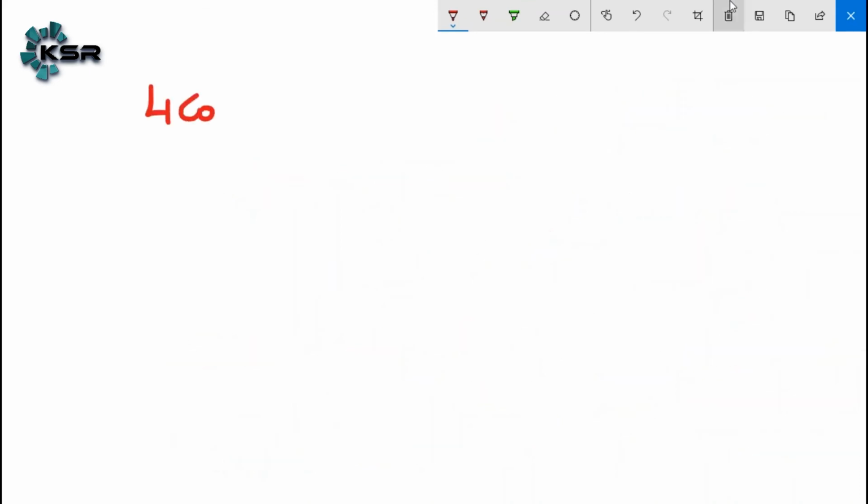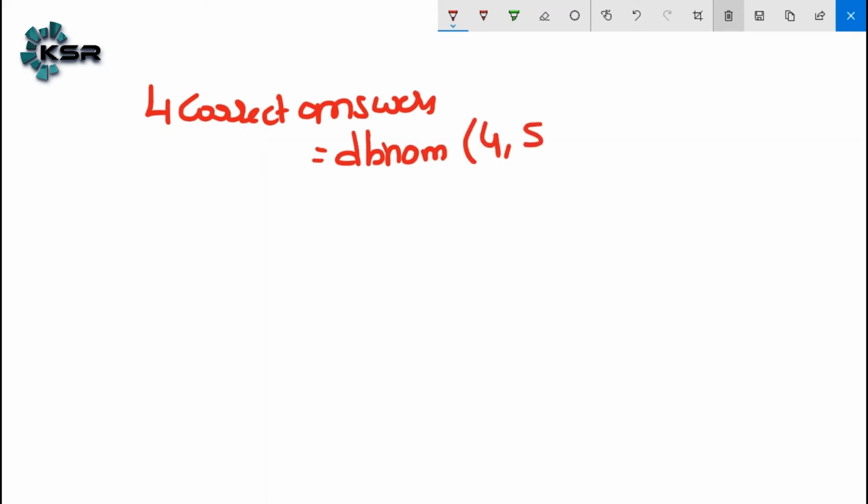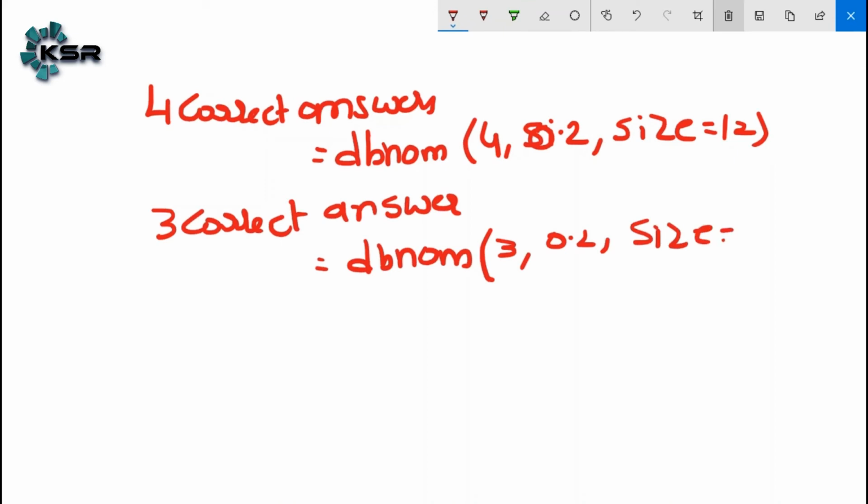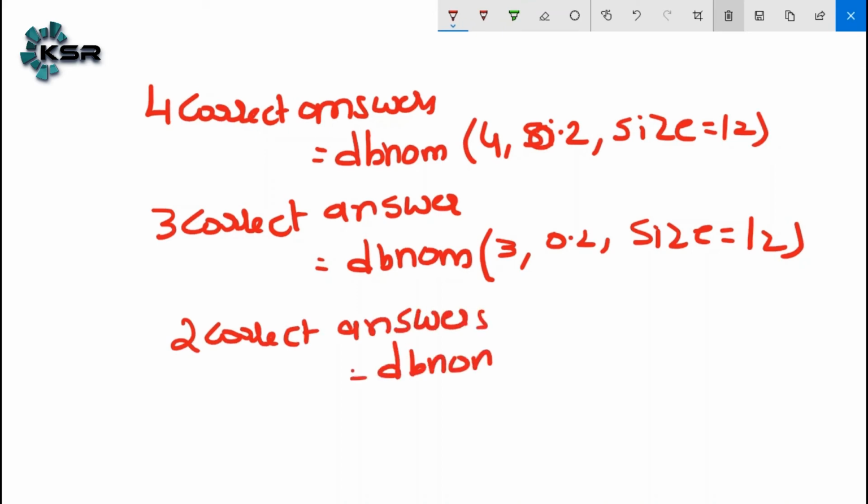First, 4 correct answers is D binom 4 comma 0.2 size is equal to 12. 3 correct answers, D binom 3 comma 0.2 size is equal to 12. 2 correct answers will be there, that is equal to D binom 2 comma 0.2 size is equal to 12. 1 correct answer,